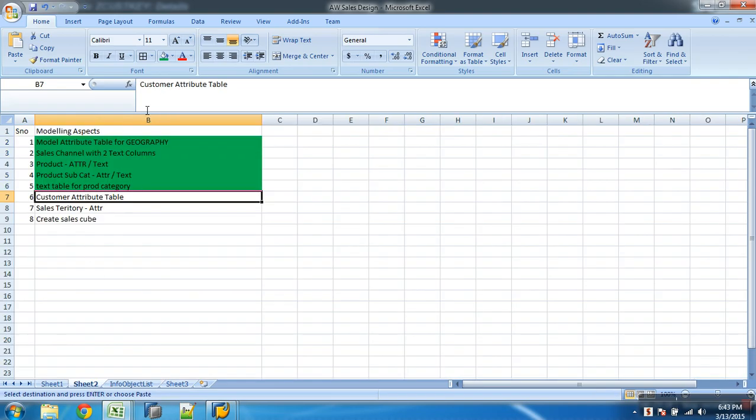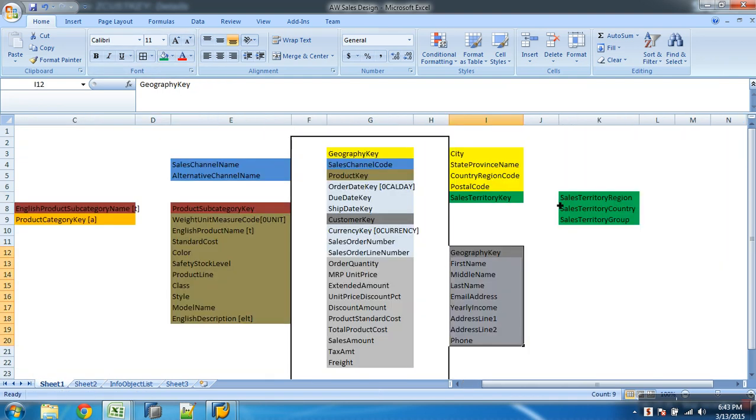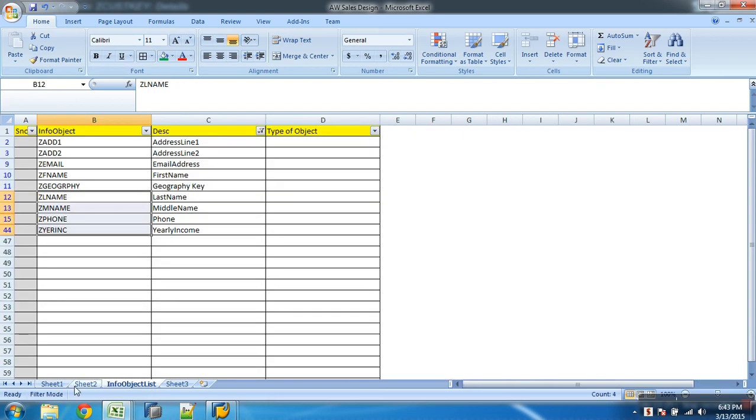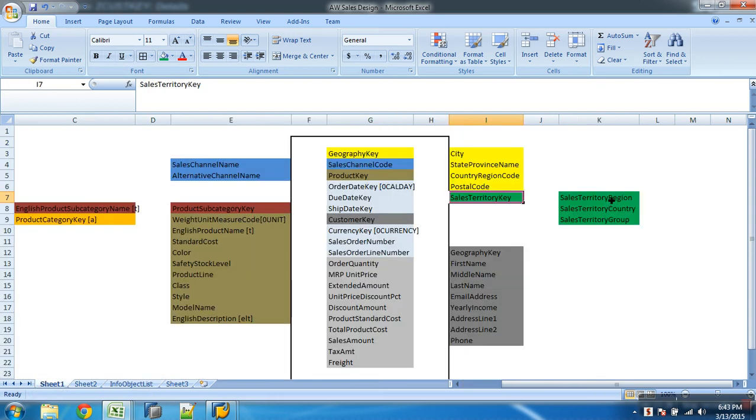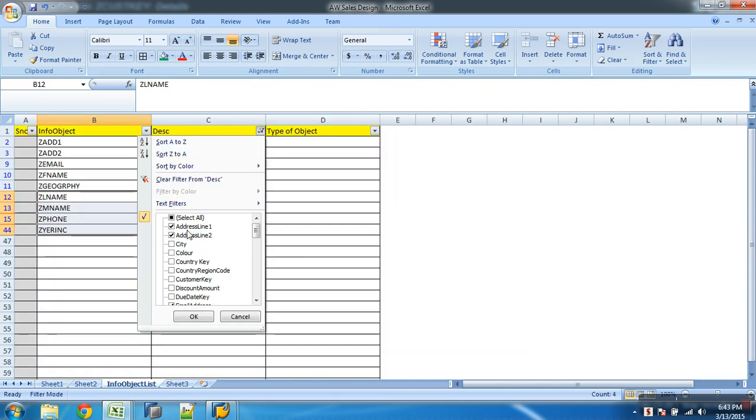Customer attribute table. I think we are still pending with the sales territory key. Now for sales territory key, what attributes do you want? Region, country, group. That's all: sales territory country, sales territory group, and sales territory region.